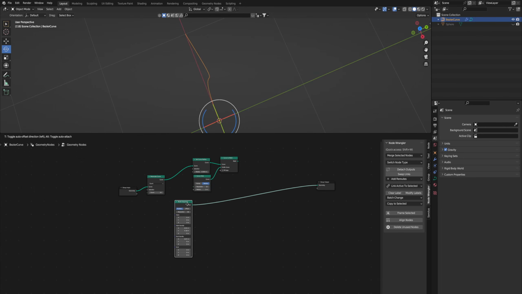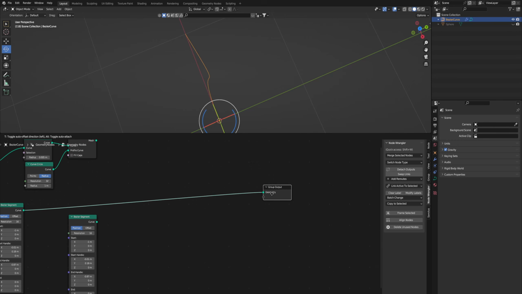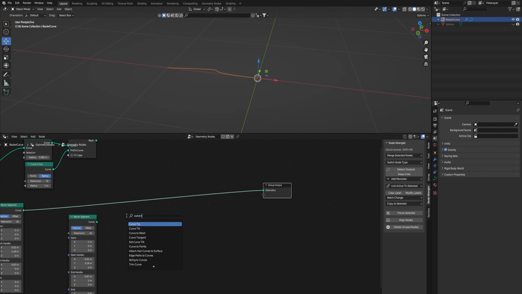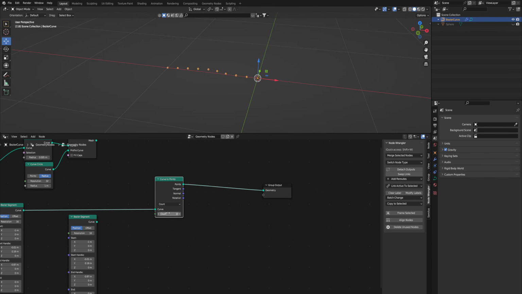And then I'm going to take this and duplicate it once. This is going to be our first branch off. There's going to be one main branch here, and then there's going to be a bunch of branch offs. But these are also going to need certain branch offs like this. We're going to go curve to points, and I'm going to go down to 4 because I only want around like 3 segments coming off of it.